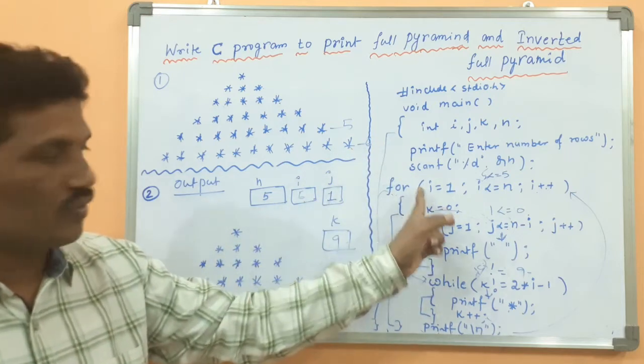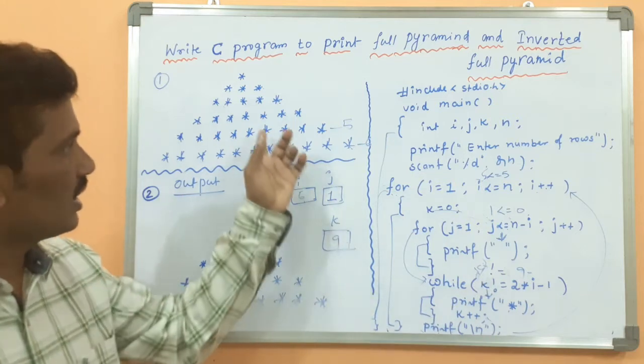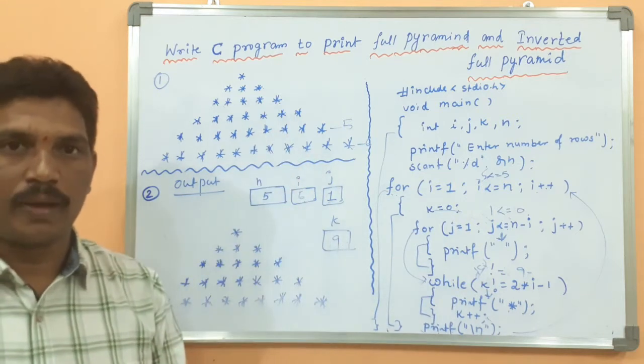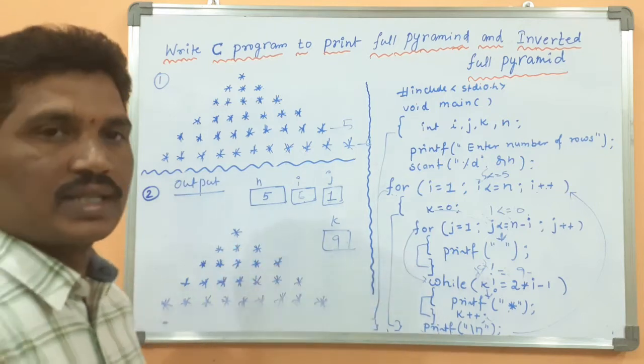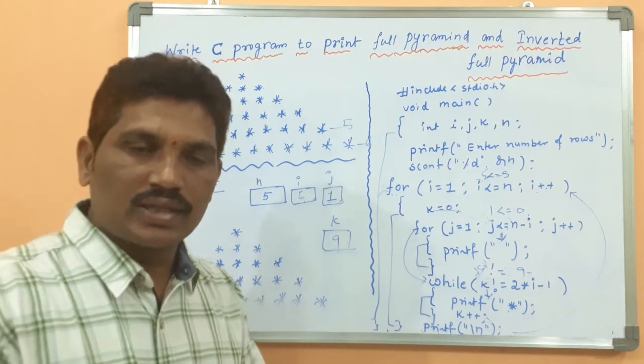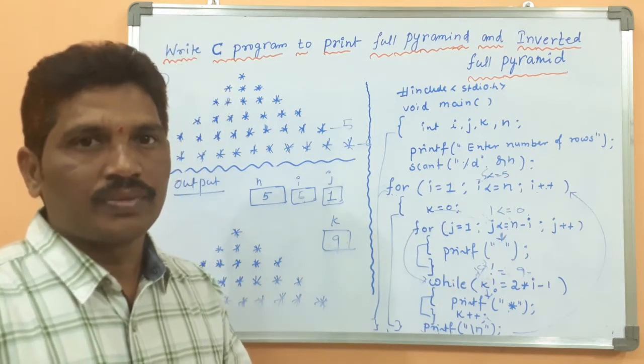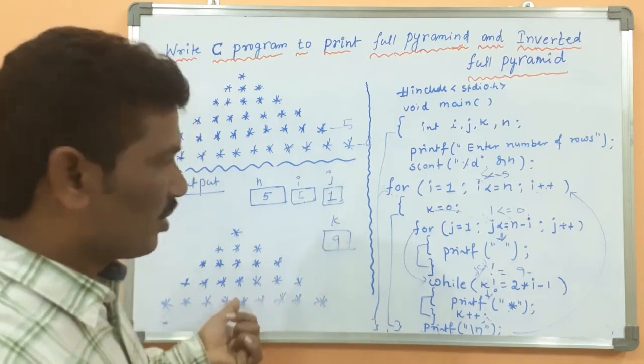This is the outer for loop. These are the 2 for loops I use for printing the pyramid shape. Hope everything I explained is clear. Please, whenever a problem is given, first understand the problem, then you should be able to write the program by yourself. Here the problem I solved.